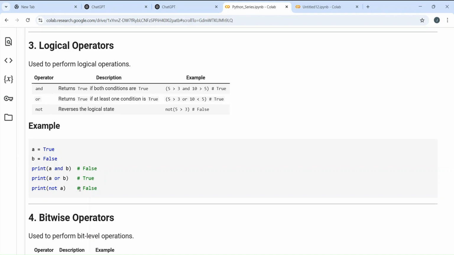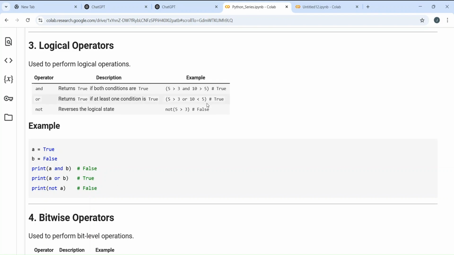Next, if you see the last one, that is the NOT gate. I mean, sorry, I am saying gate after telling operator so many times. The NOT operator, so not A. If you are giving not A, that will become not of true. What is not of true? That is false, right? If you are giving not of B, here you will be getting true.